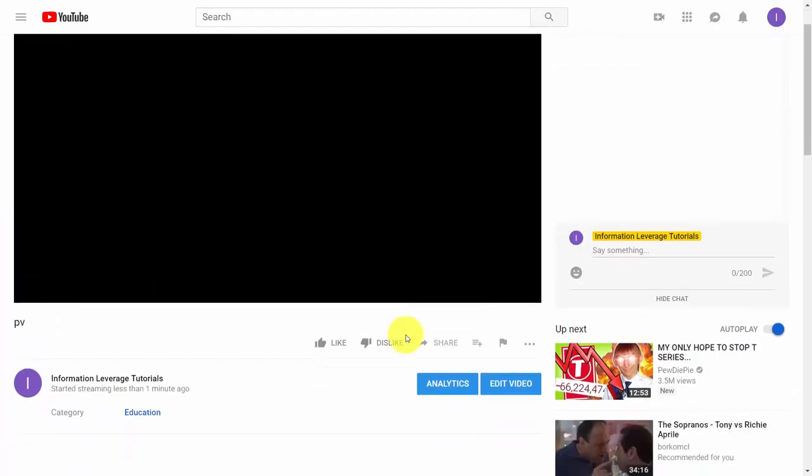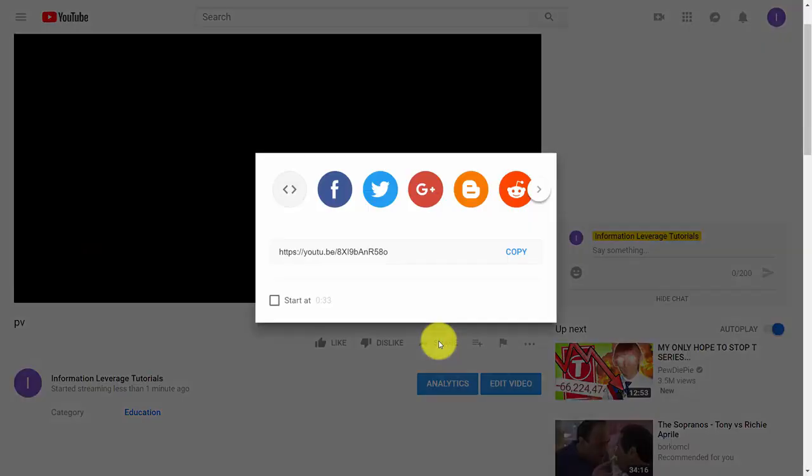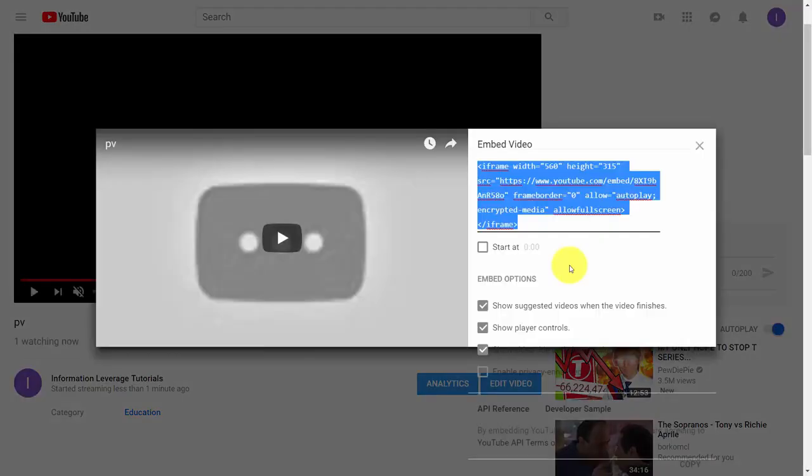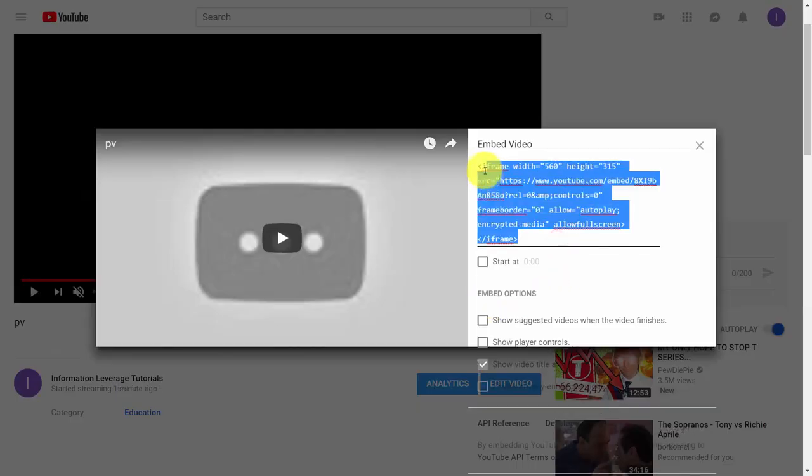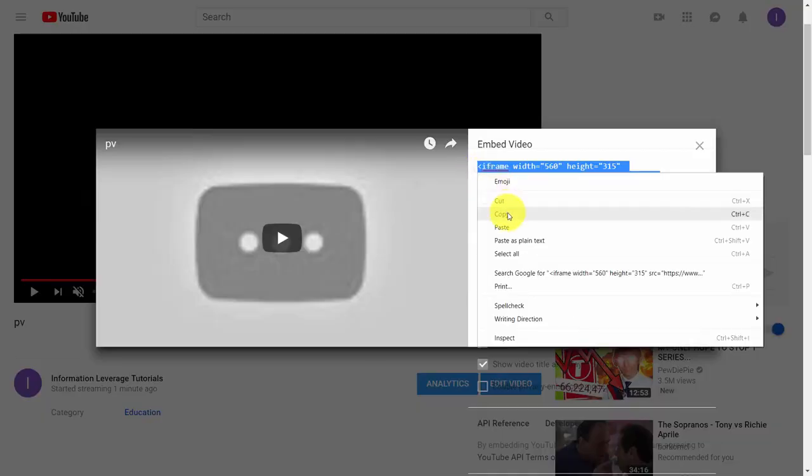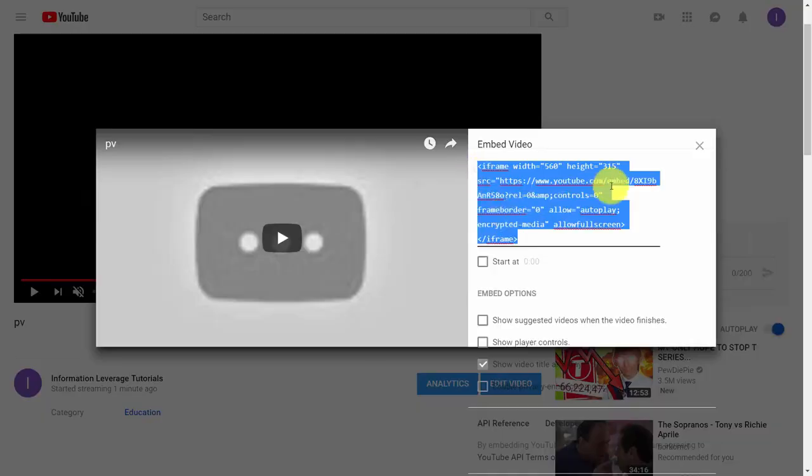And you'll notice then that our stream is live here. And what we would do then is we would then go to the share button. We would then click the embed button. We can then take care of the embed options, grab the code,